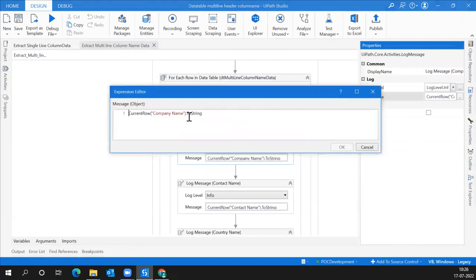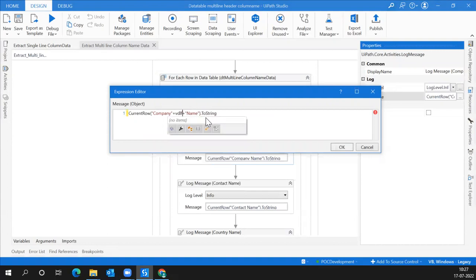Because the company is in the first line and the name is in the second line, we need to look for the next line. We need to instruct the code to go for the next line in order to get the complete column name. So for that we need to just add